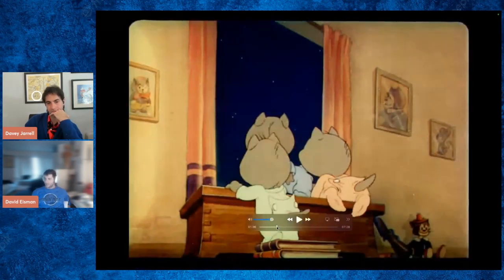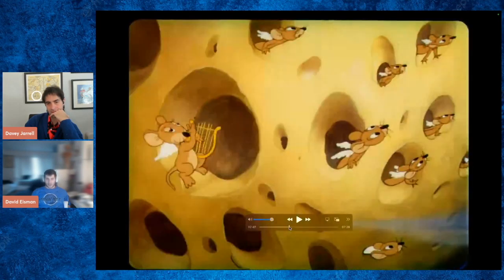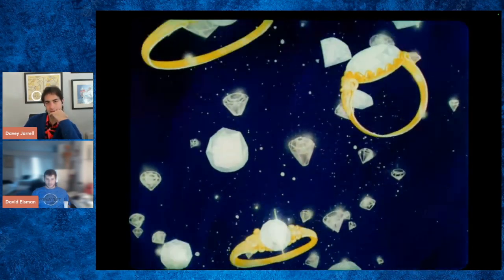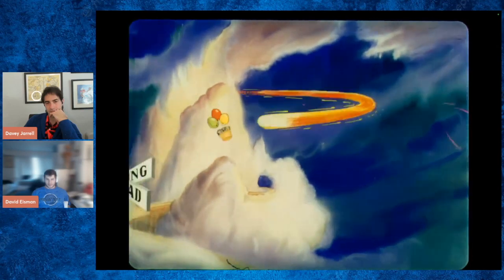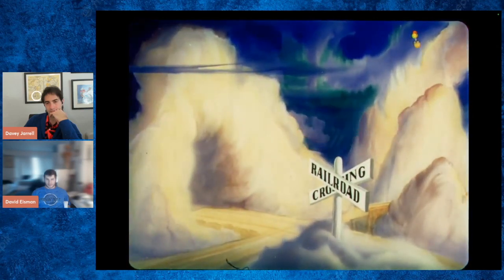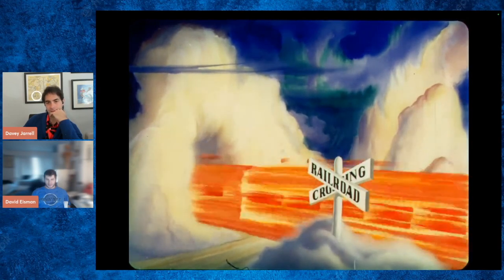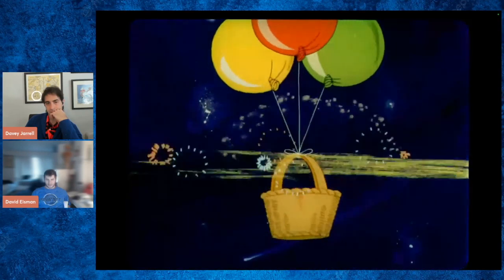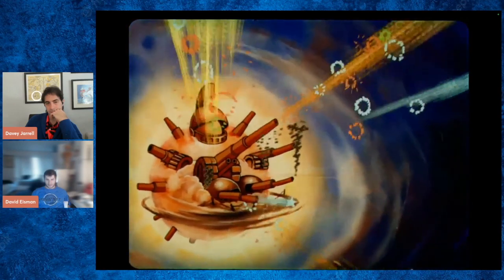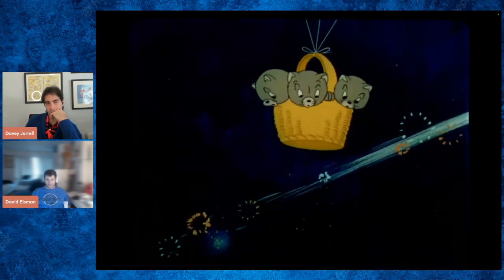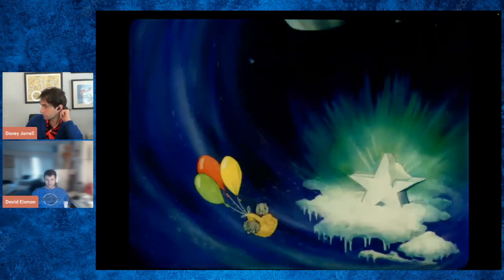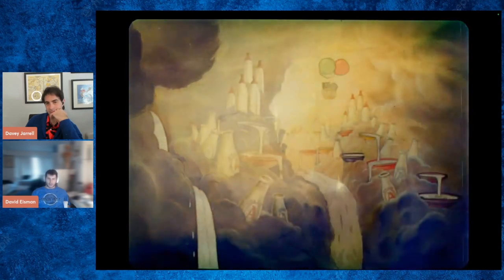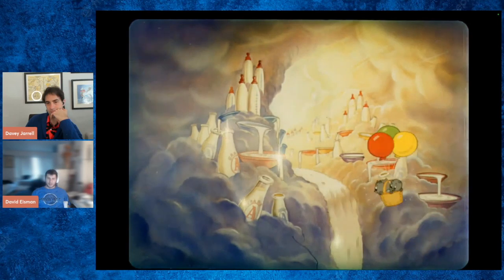Some effects animation. Now the best part. Oh yeah, this is the best part. This is beautiful. I love the colors. This was the scene that I used for our best of 50, or some part of this. The milk.